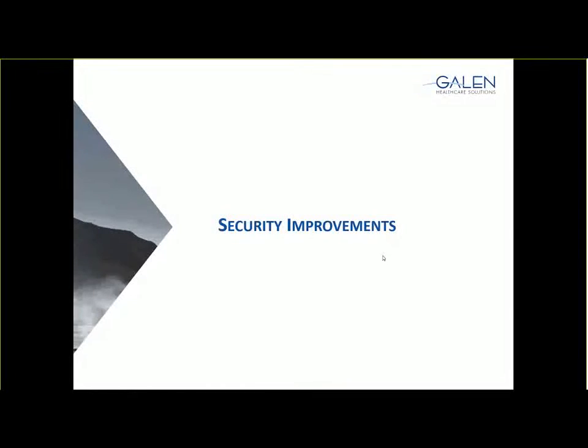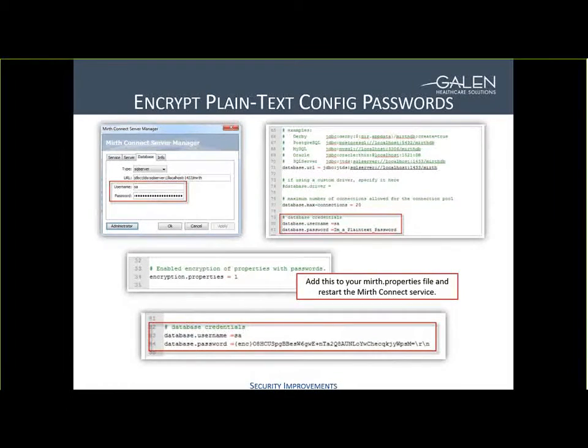Next up, security improvements. One of the first things I think that people can encounter in Mirth and quickly fix to increase the overall security of their platform is to encrypt the database password that is stored in plain text by default in your Mirth configuration file. So this here again in the Server Manager screen is something that we've all probably worked with before. This is how we connect our Mirth application with a database backend in order to store messages in a database. Even though here we can't see the password,